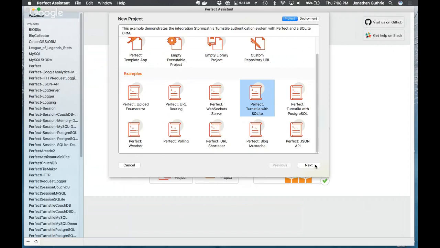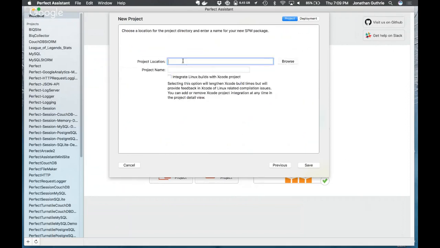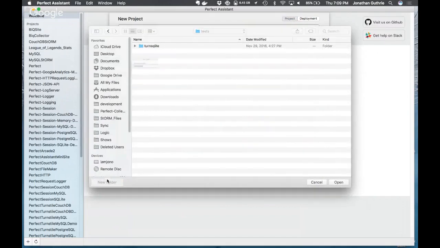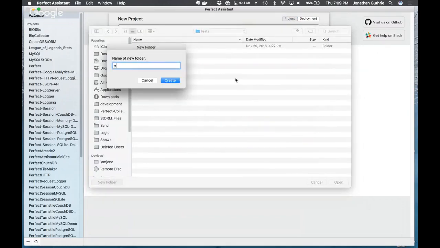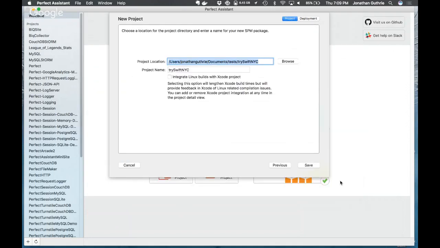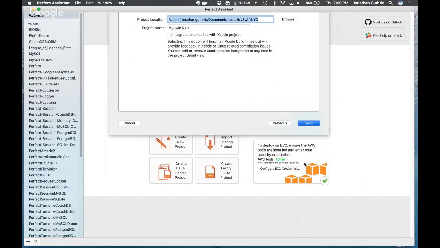Next, I'm going to choose where to save it. It's my project directory, and the project name is Swift NYC. Save.